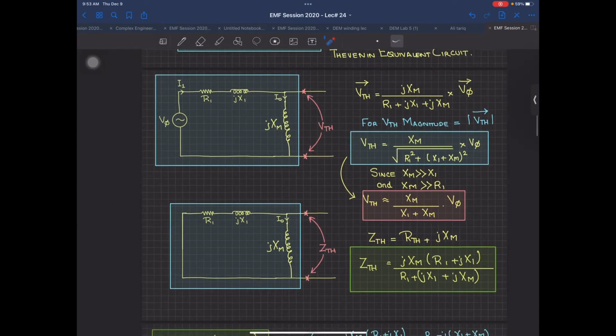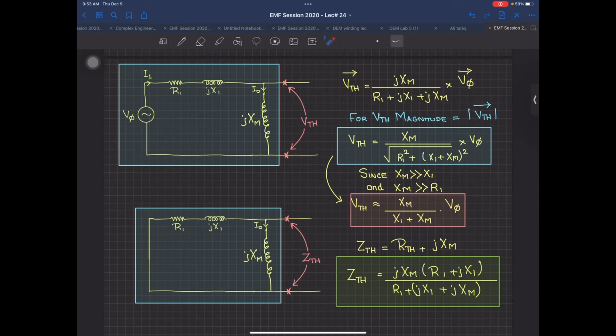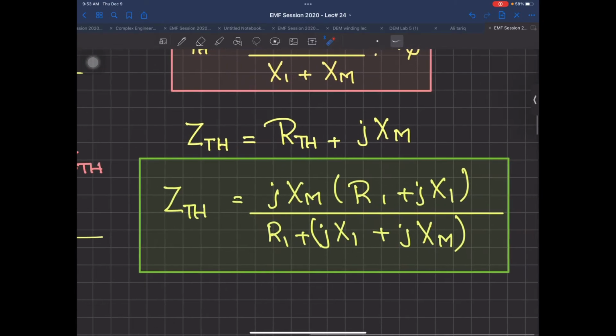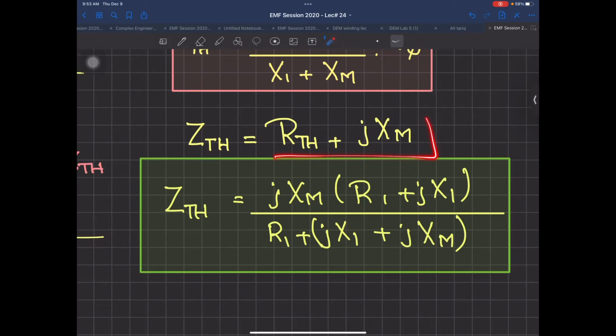Next, after you have calculated VThevenin, the next thing you have to calculate is your Thevenin impedance. That means you are going to short circuit your source. Seeing from this terminal, you can call these two terminals A and B. So you are going to find the impedance between these two terminals. If you see very closely, this is a parallel circuit, which means this is in parallel with the series of these two. So when you find Z Thevenin, which is actually R Thevenin plus JX Thevenin.